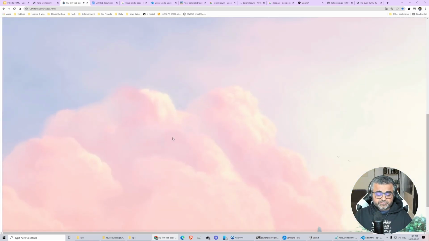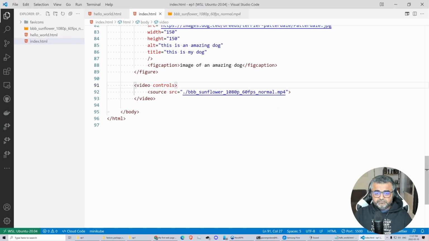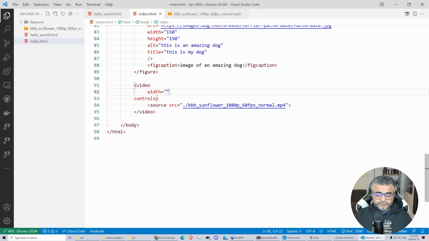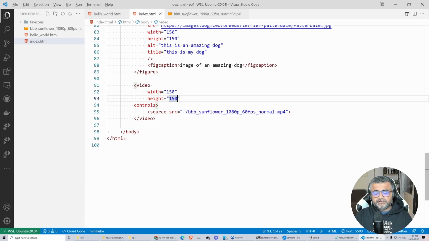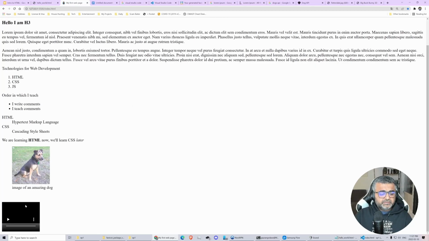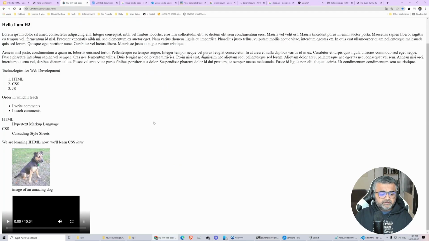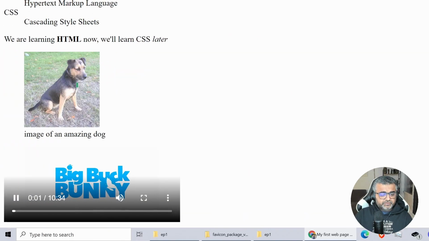But this video player is too big for our page. So let's see if we can set the width and height of this video. Width 150, height 150, maybe, I don't know. Let's see, this might look ugly. Yeah, this looks very ugly. So width, let's do 350, right? This looks good. On the lower left corner we have the video,